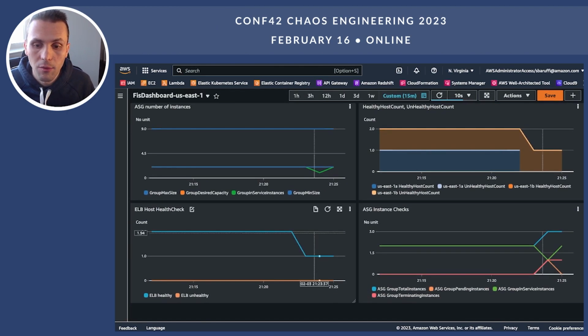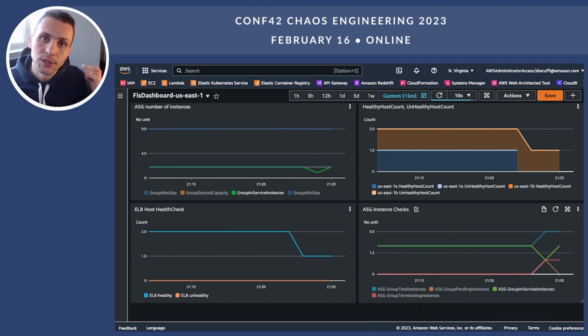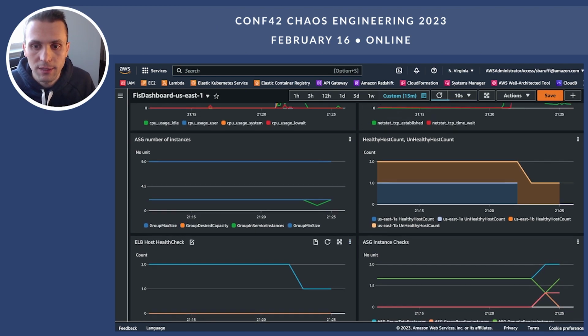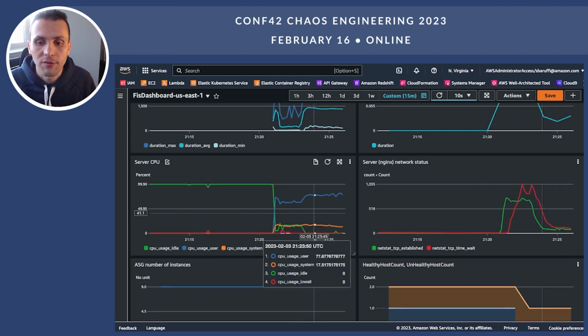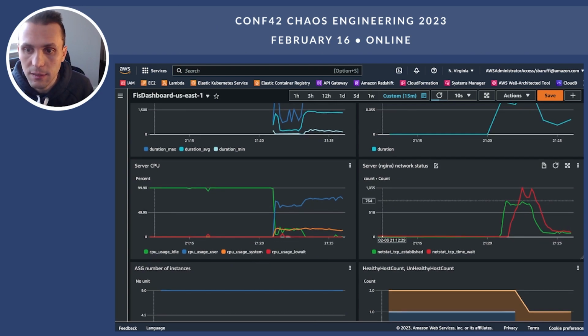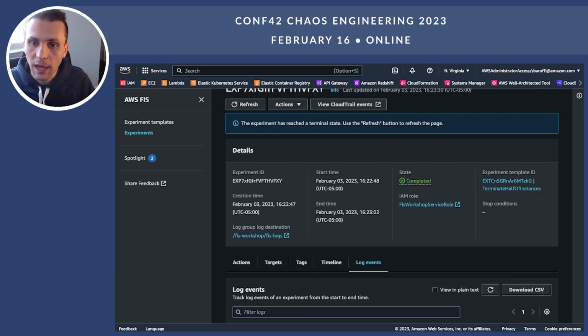And if we scroll down, we only have one instance healthy, but now we have 2 instances that are back in our auto-scaling group. So ELB is now doing the health check in order to bring up my instance. And you'll see in a moment, we might not have enough time to finalize here, just to watch the server CPU, but you see the server CPU will be much better once that instance is in place. So this is a very simple example,